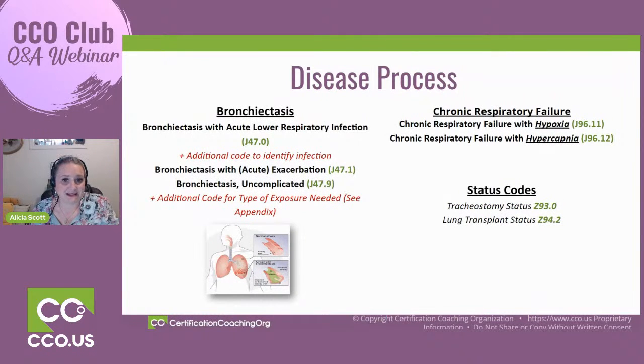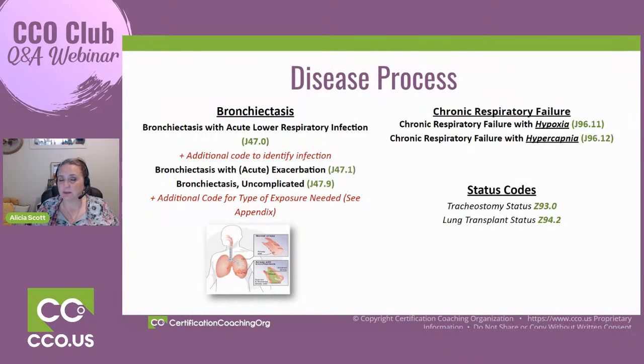What about bronchiectasis? Bronchiectasis is really unique. It's under COPD. It's an obstruction again, but I would encourage you to go ahead and look up bronchiectasis, and it can have infection. And if you do get a lower respiratory infection with bronchiectasis, it's going to be J47.0. Then we'll identify the organism as soon as the cultures come back and we're able to. That also allows for acute exacerbation,